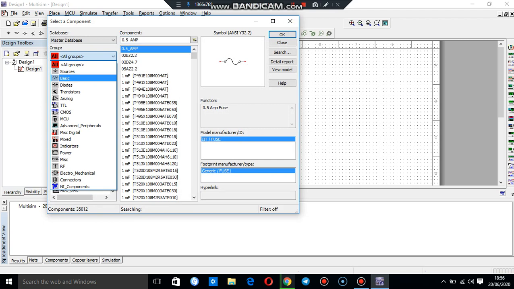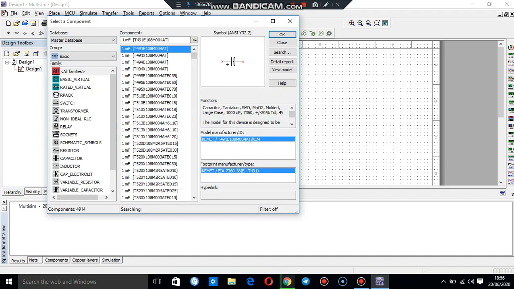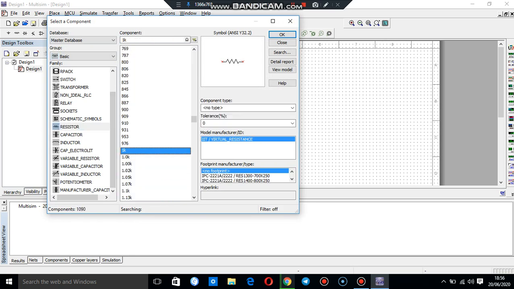Here we can see many options for sources. You have many types of options here: power sources, digital sources, and basic components like switch, transformer, sockets, resistor, capacitor, inductor. For resistor we have n number of options, n number of values, from small values to the k values.